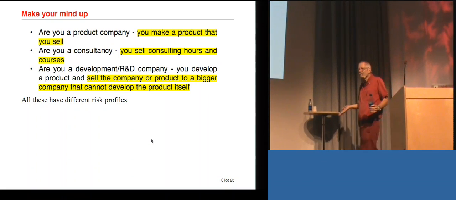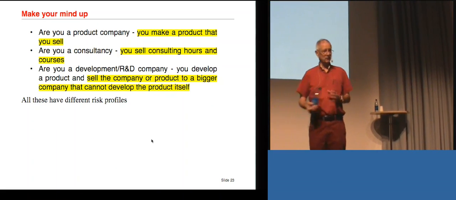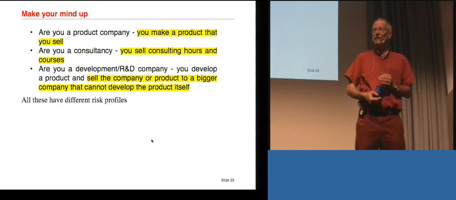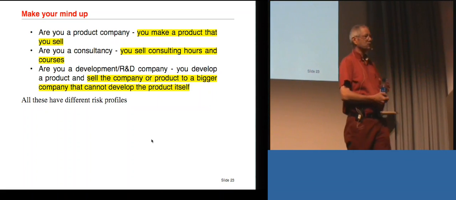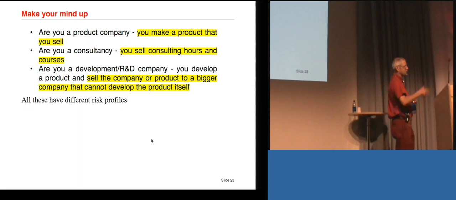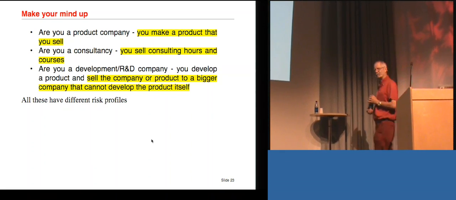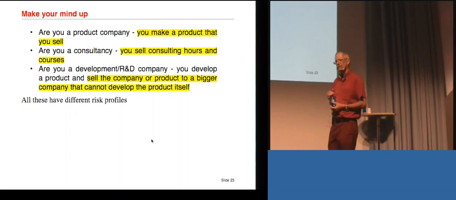In the beginning we had a lot of discussion. What sort of company do we want to be? That's one type of company. Another is a consultancy company: you earn money by hiring consultants and selling them to people. Or you can be a product company. You make a product and you sell that product and you sell courses around it. You don't want to be unclear about which sort of company you are,